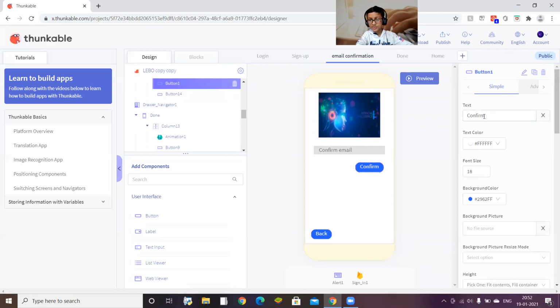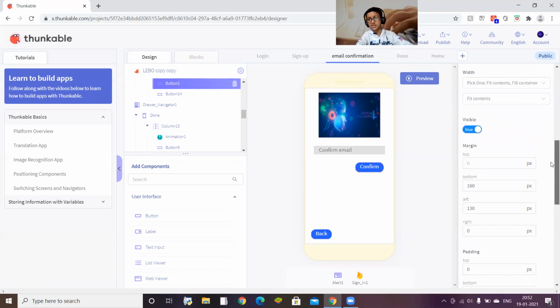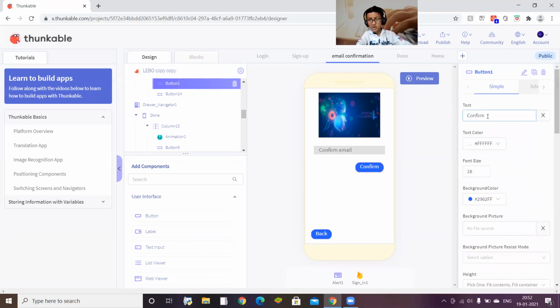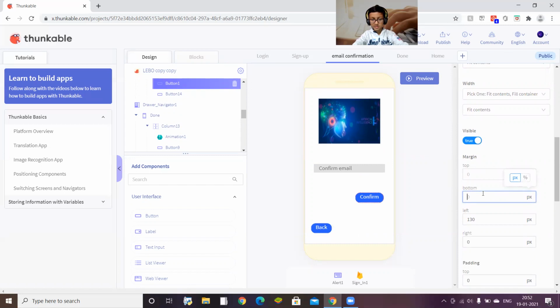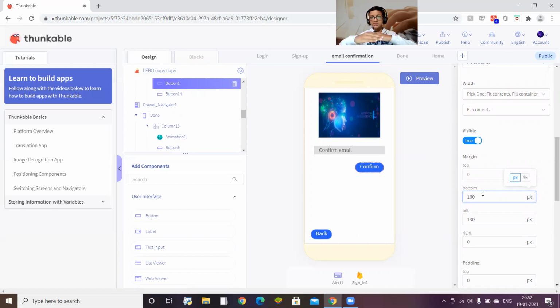Well, this is the confirm button. I have set the ID as button 1 and the text as confirm. The text should obviously be confirm, but you can change the ID according to your wish. The bottom pixel should be 160. It is going 160 pixels up and 130 pixels right, then it will be in its position.